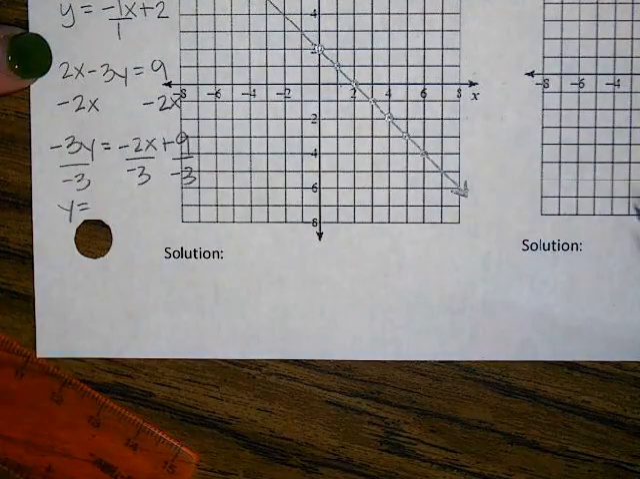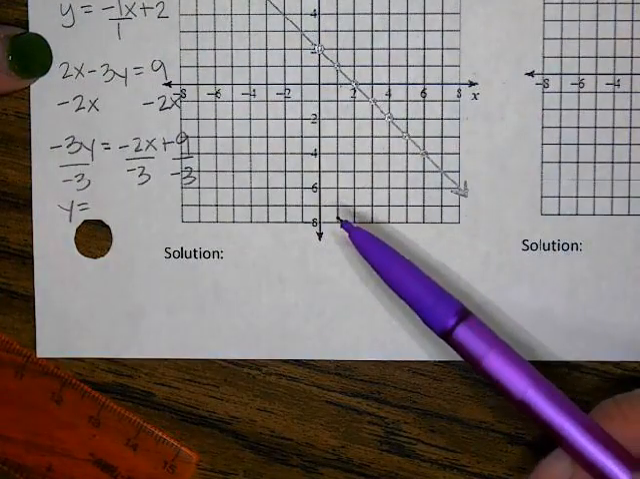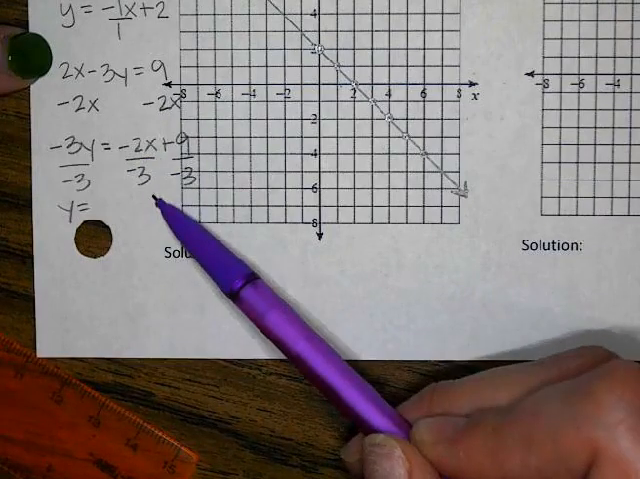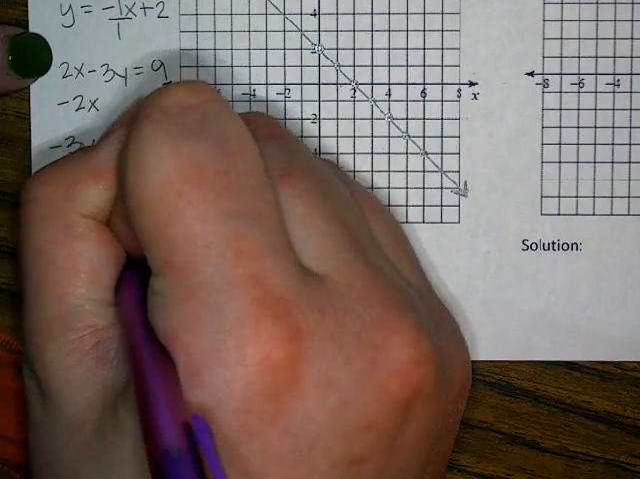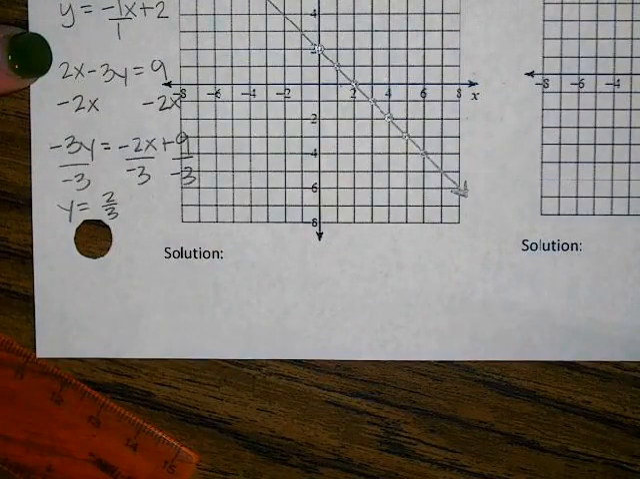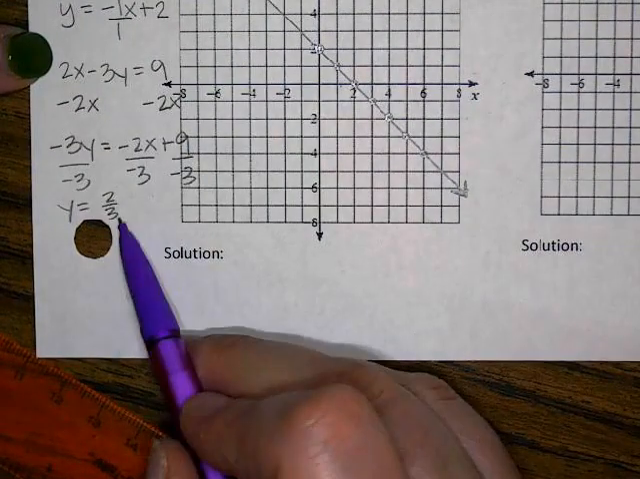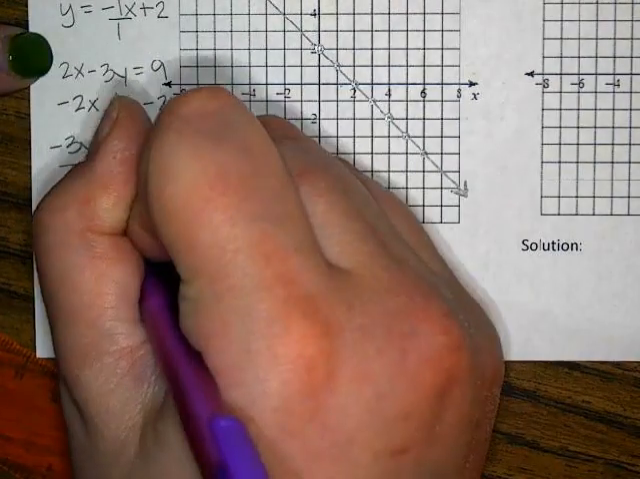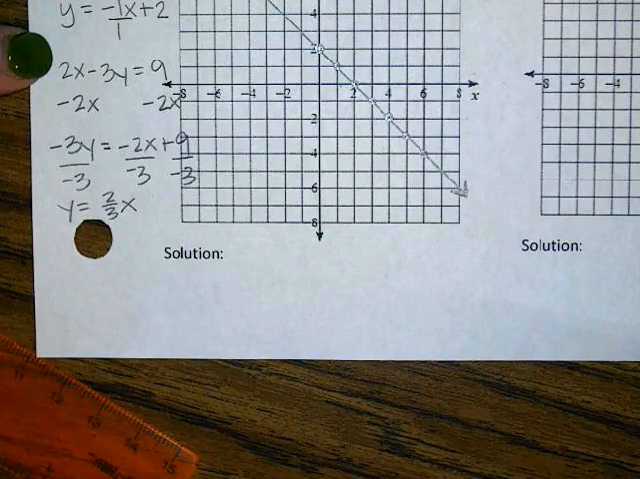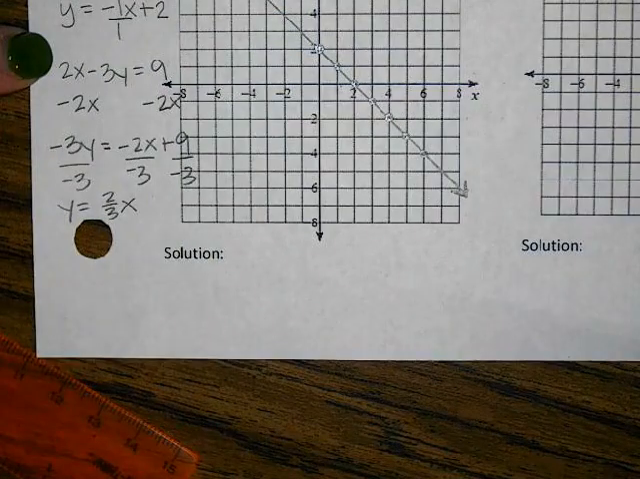If we do a negative divided by a negative, what do we get? A positive. Okay, so positive 2/3? Is it just like this, or am I forgetting something? I forgot the x. Okay, put the x there. And then what do I have? So if I divide these,